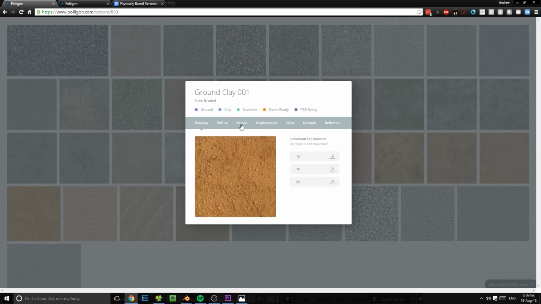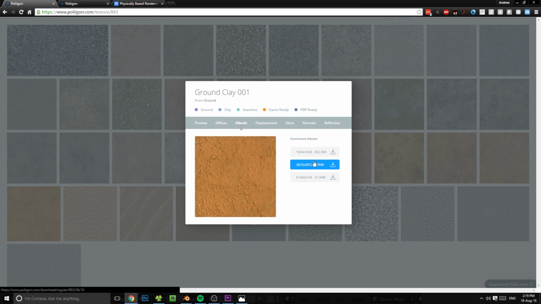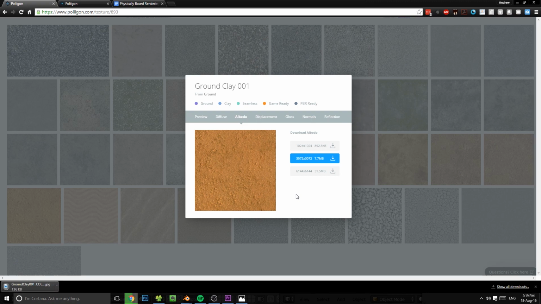But I usually just download the maps that I actually need. So in this case, I'm just going to start with the albedo, which is the same as the diffuse map, but with the shadows removed. And I'll just download the 3K version of that. You want to try and go with the smallest